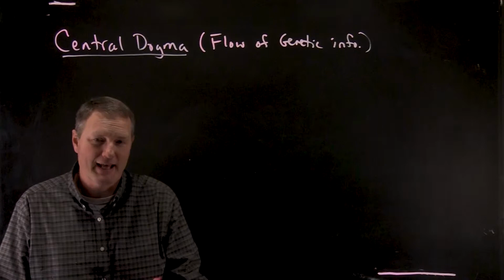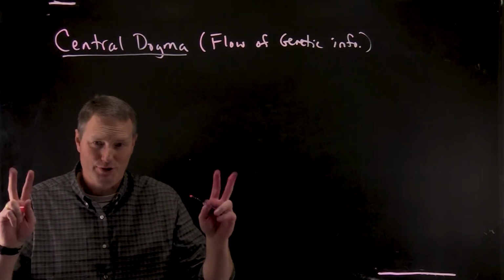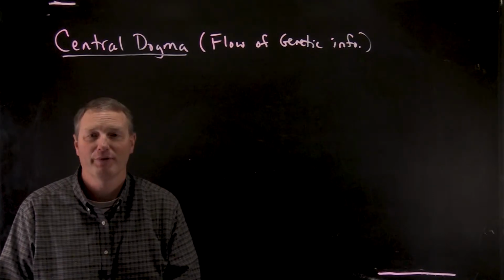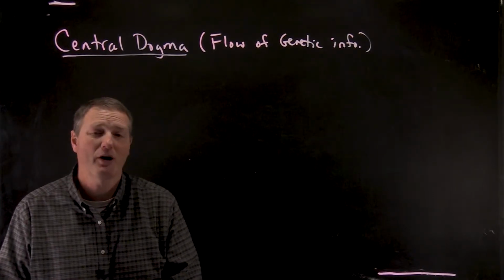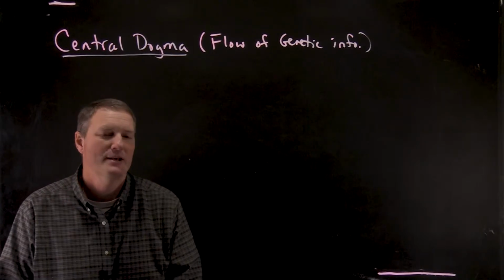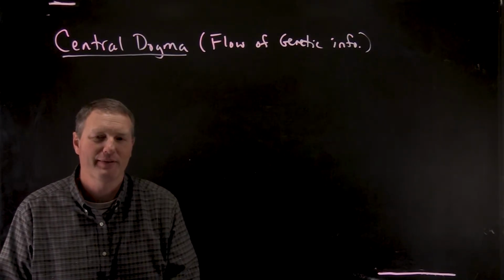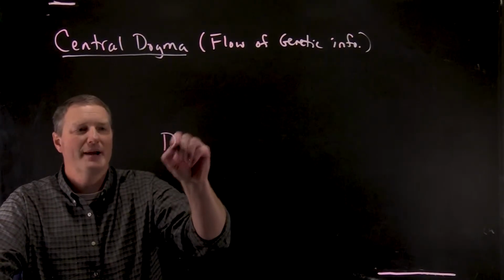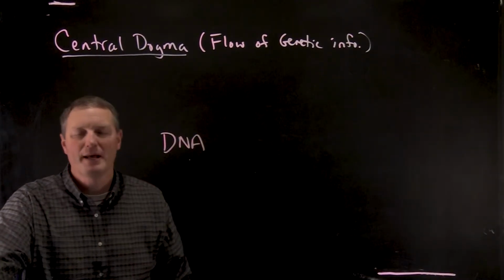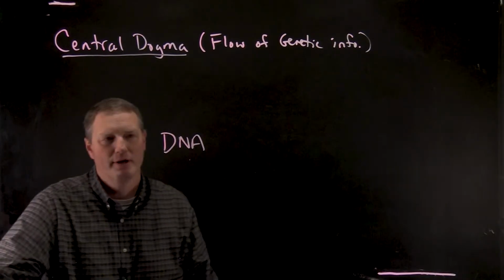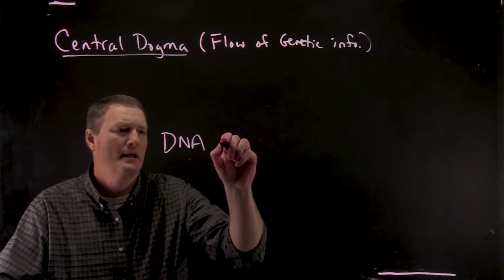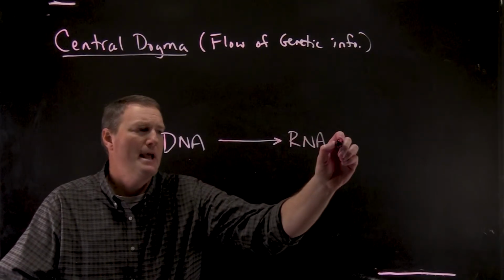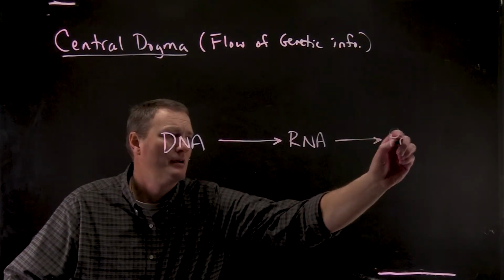Now, I'll just mention at the outset, even though I'll write this out as the, quote, central dogma, the overlying theory of how the flow of genetic information works, there are always some minor exceptions. We're going to focus mainly on the things that we know always exist. So if we wanted to draw out a simple diagram that described the flow of genetic information, we're going to start out with DNA. That can be converted to RNA, and then that can be converted to protein.